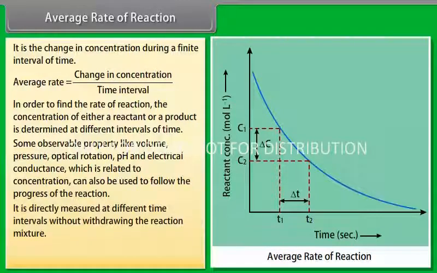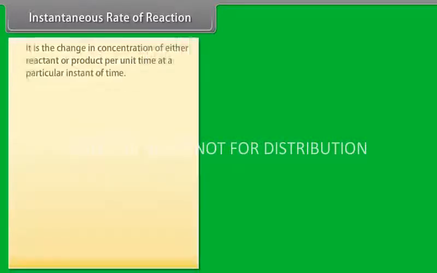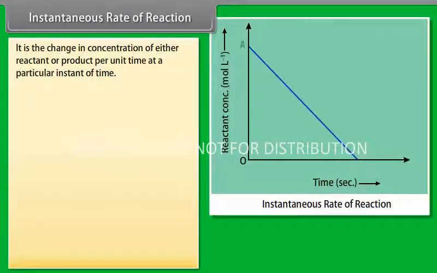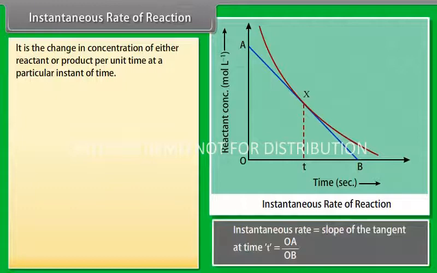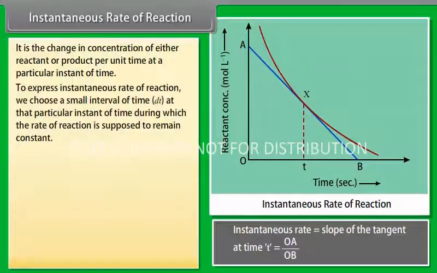It is directly measured at different time intervals without withdrawing the reaction mixture. Average rate is equal to negative delta C upon delta T. Instantaneous rate of reaction. It is the change in concentration of either reactant or product per unit time at a particular instant of time. To express instantaneous rate of reaction, we choose a small interval of time at that particular